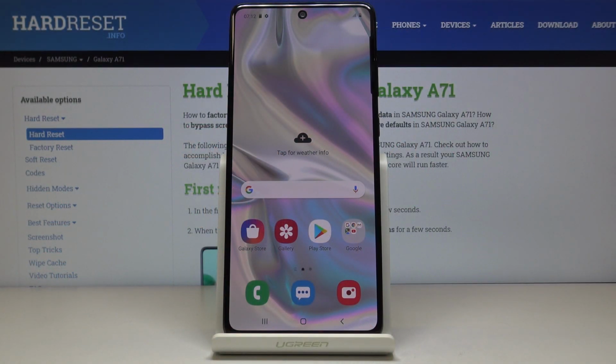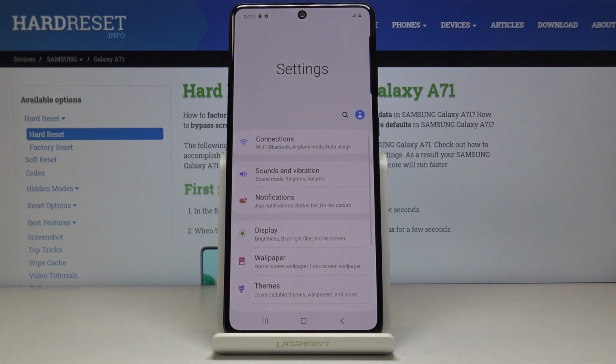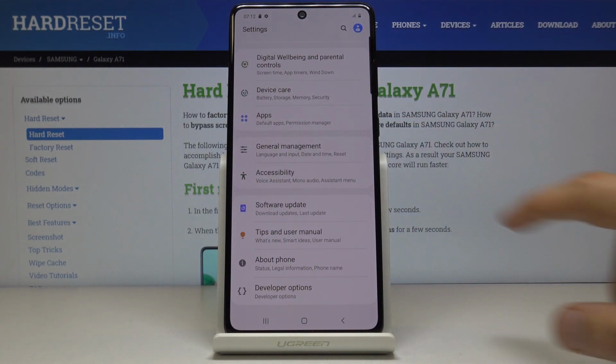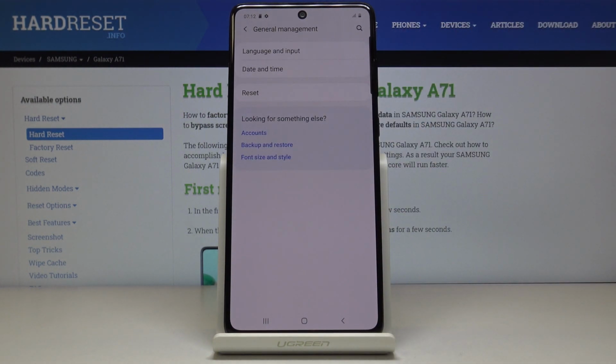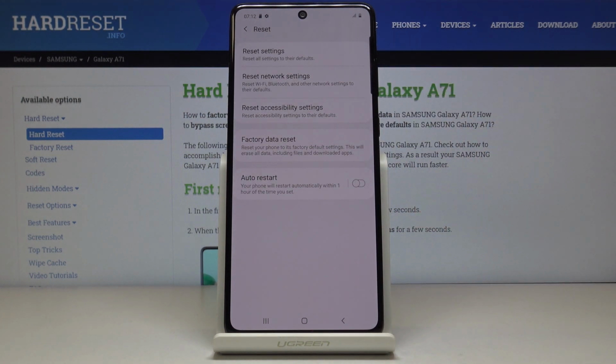Welcome, and from me is a Samsung Galaxy A71, and today I will show you how to reset settings on the device. So to get started, you want to open up your settings. From there, scroll all the way down to General Management, and then tap on Reset, from where you will find